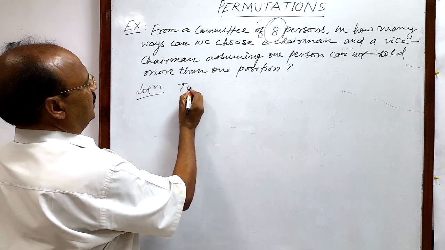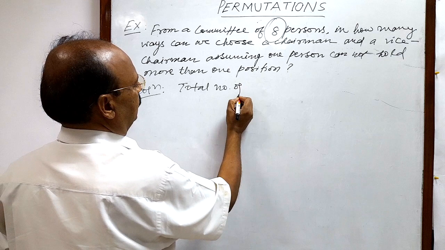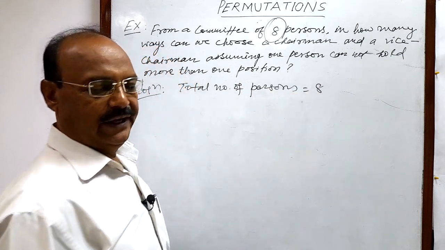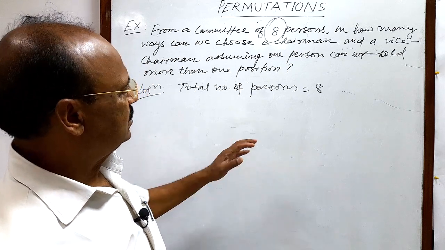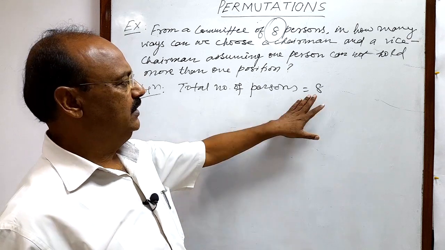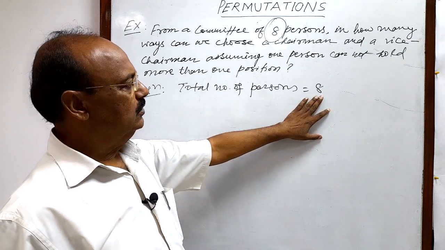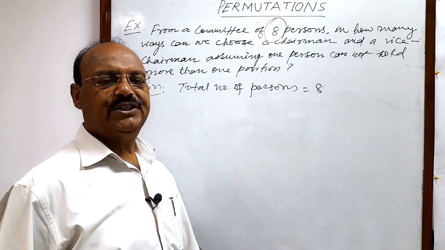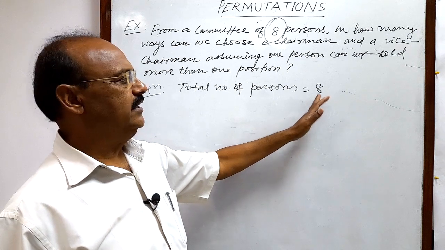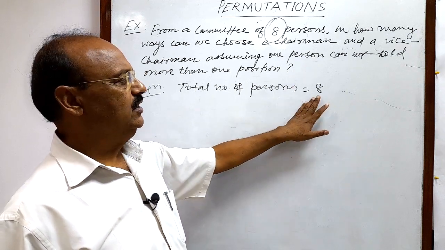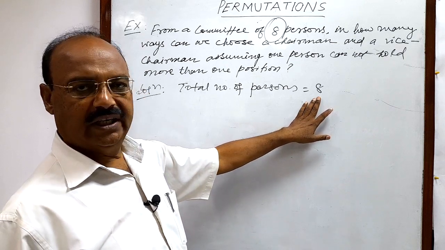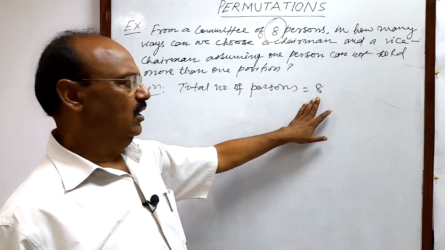Here the total number of persons given is how many? 8. Okay. So first of all, let us make a provision to select a chairman out of these 8 persons. So what are the options to select a chairman? We have 8 options. We can select any person as a chairman from these 8 given persons. So the total number of options for choosing a chairman is 8. Okay, that can be written as